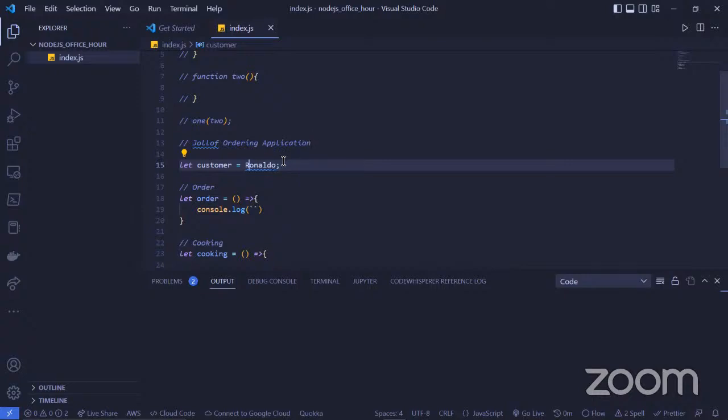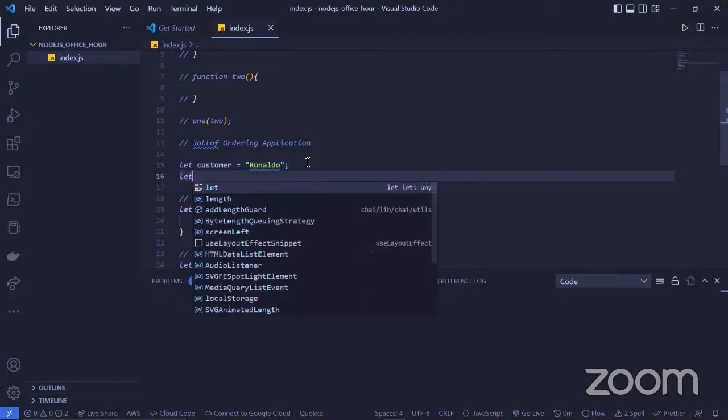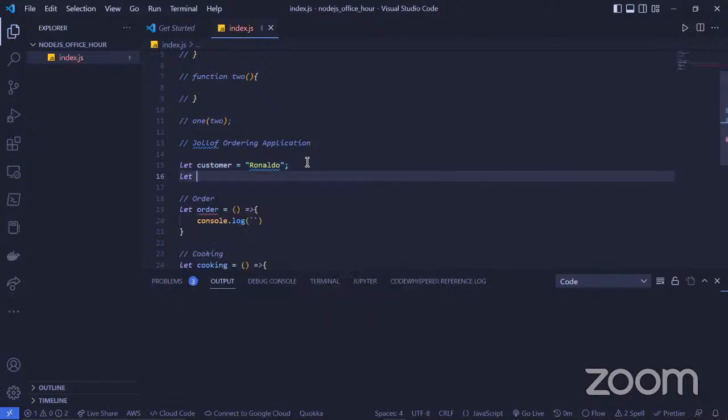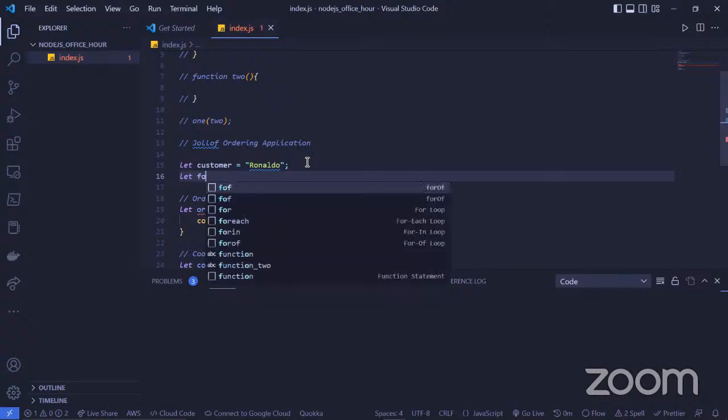Note, this is wrong, and the reason it is wrong is that Ronaldo ought to be a string. So customer is Ronaldo, and then we need customer and food.